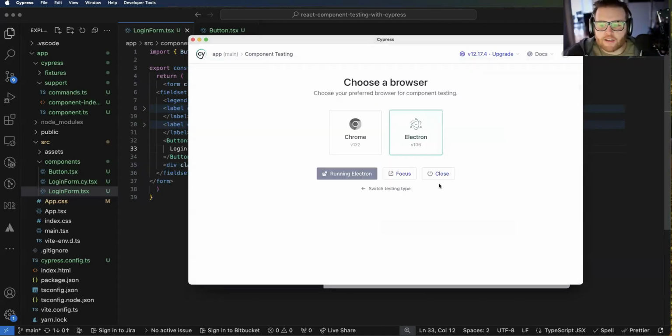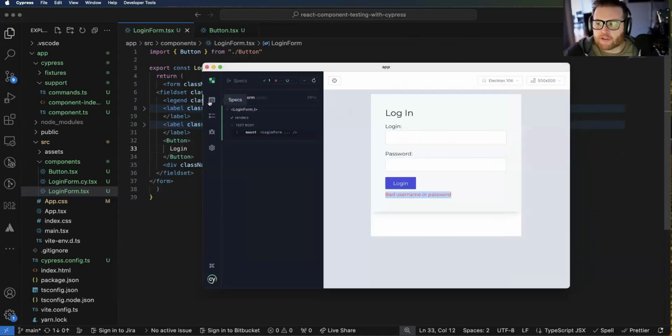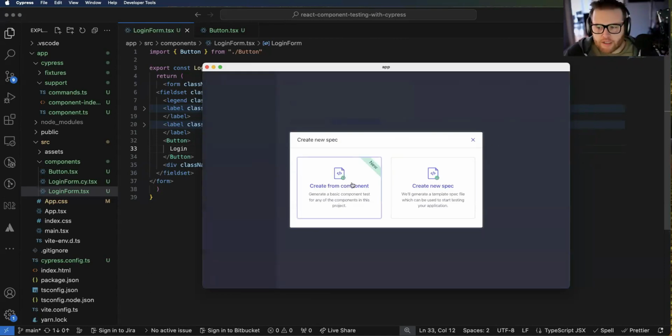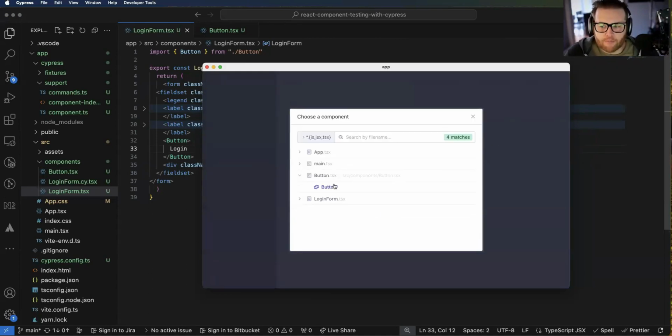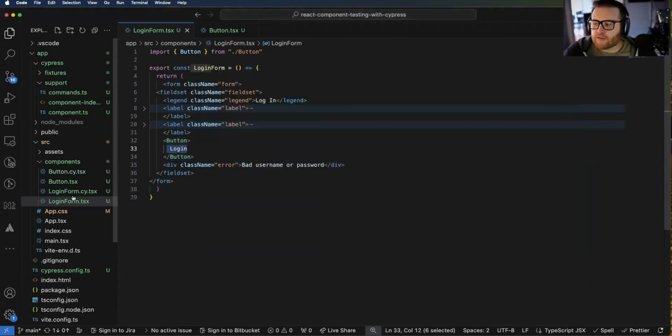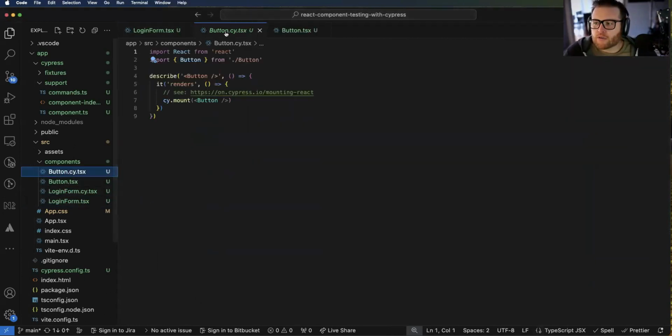So let's go back to Cypress here and create a test for that button. So let's create from component. Again, we'll click button and let's go ahead and create a test. Now you'll see here, it's a button with nothing in it because we're not passing any children to it. So if we wanted to, we can